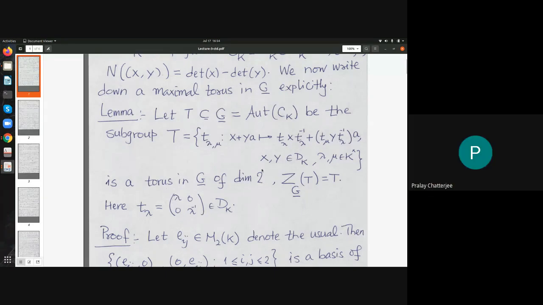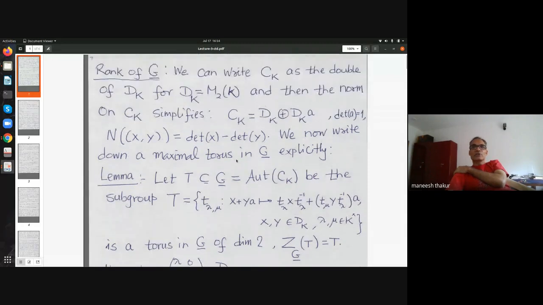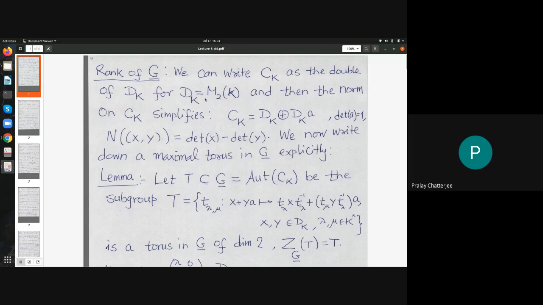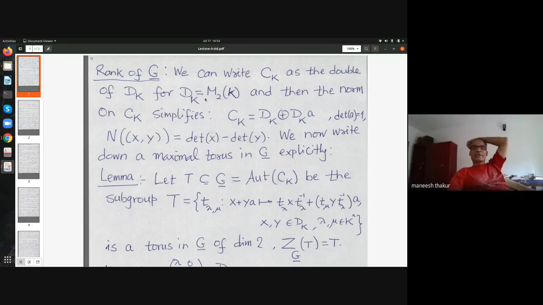But what do you mean? Dk is some quaternion algebra. You're taking an isomorphism to M2K? Yeah. So we are over algebraic closure. So dk I can assume is equal to m2k. Over algebraic closure, quaternion splits to give you 2 by 2 matrices. So I am assuming that they are equal. So this can be done. Why equal? It is isomorphic. Yes, it is an isomorphism, but I'm using some theory here.